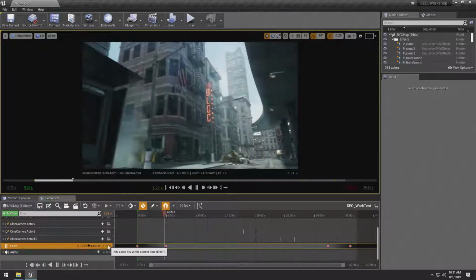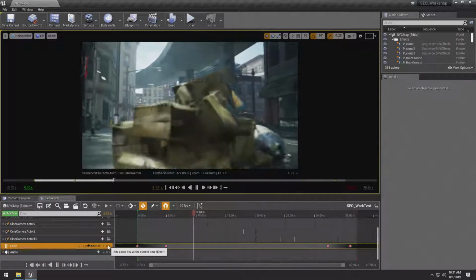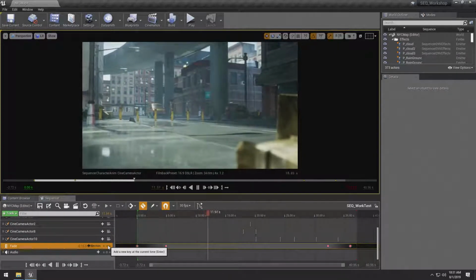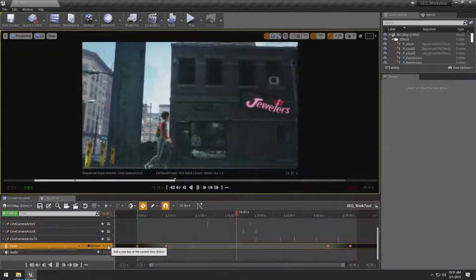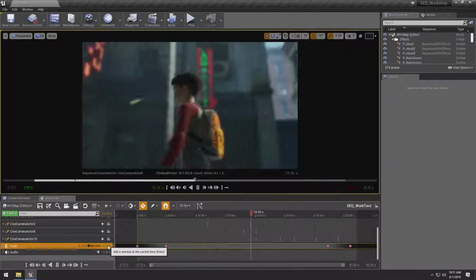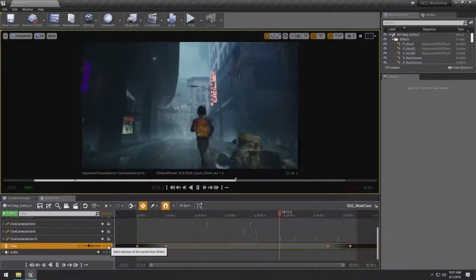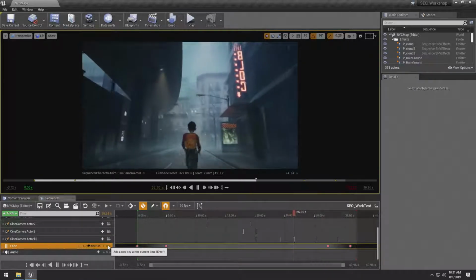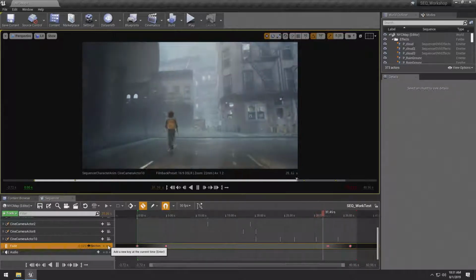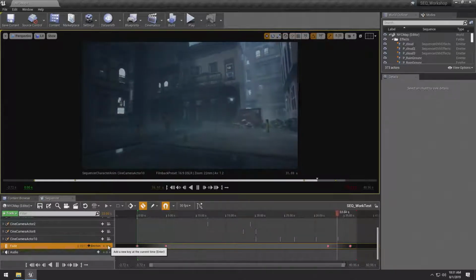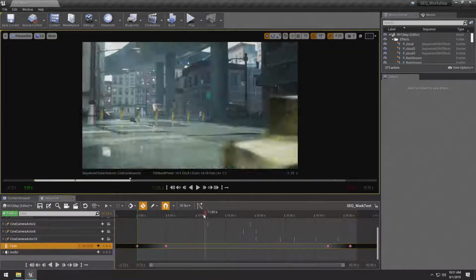And what I've got here is a camera moving through an environment. And then our hero character appears in the space. And then the environment begins to change a little bit. And then everything changes and he's got to get out of there. So it's not a very complicated environment, but the first thing I want to point out is that this is